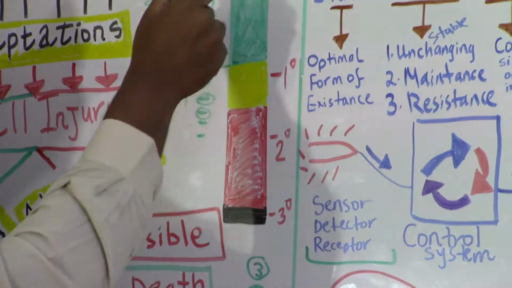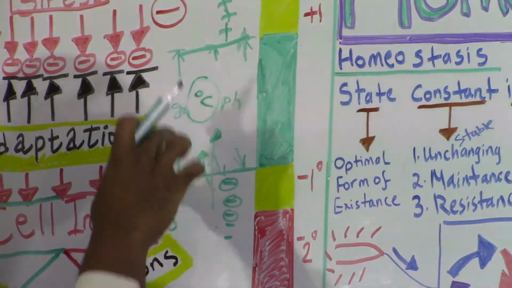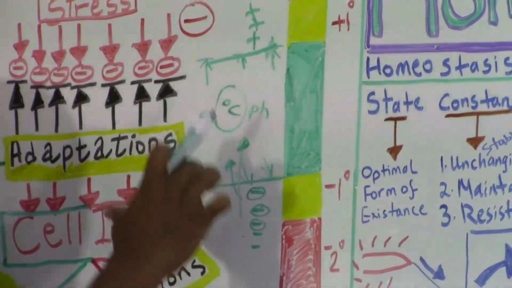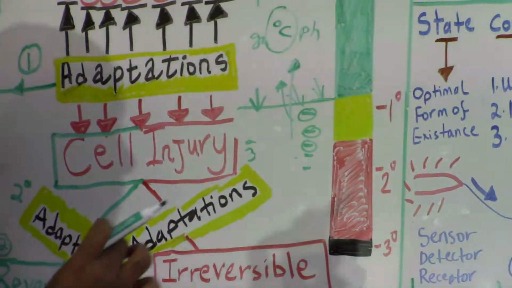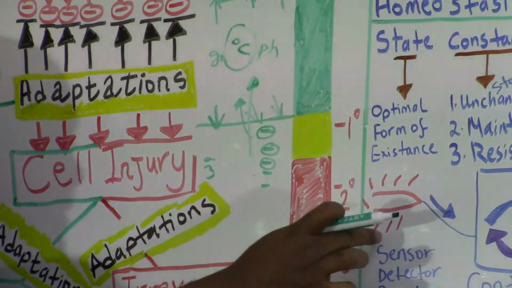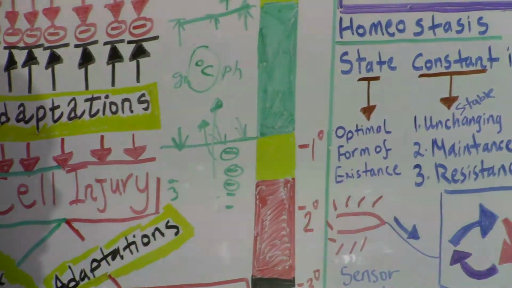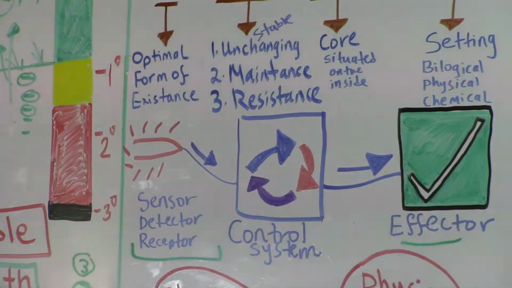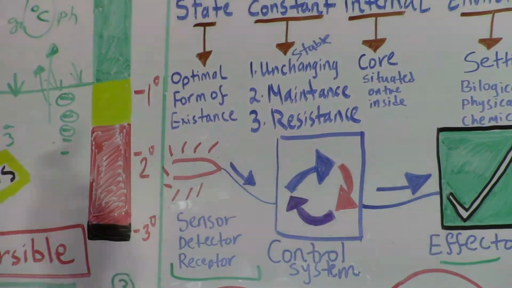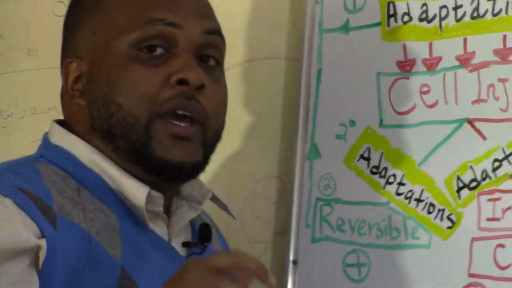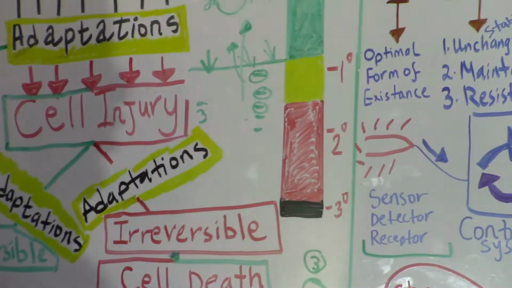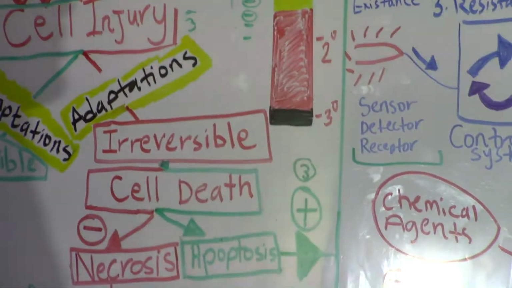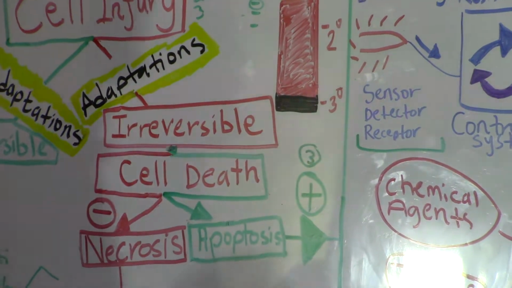So here, in a situation where the variable temperature went beyond the least acceptable range, the sensor was a thermoreceptor. It sent a signal to the control system, which was the hypothalamus, the thermostat of the body, and the effector was the skeletal muscle. What did the skeletal muscle do? It did what is called shivering thermogenesis, where energy, as the first law of thermodynamics says,